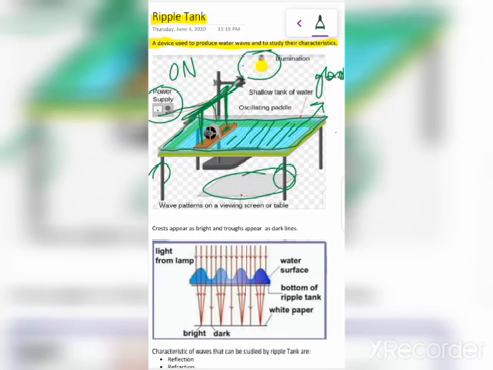Firstly, when it was off, the water was in its rest condition, undisturbed. When the power supply is turned on, the pedal will start oscillating and it will disturb the water, and the disturbance will be transferred in the form of waves to the other end. Means the water waves will start to travel in the forward direction. This is the direction of travel of waves. So that was the construction of the ripple tank. Let's discuss its working now.